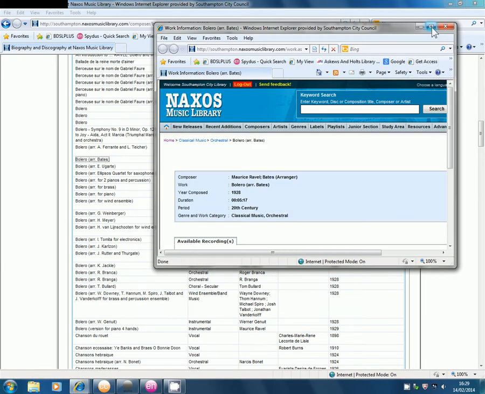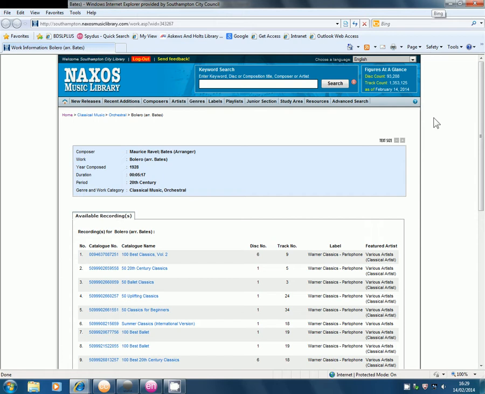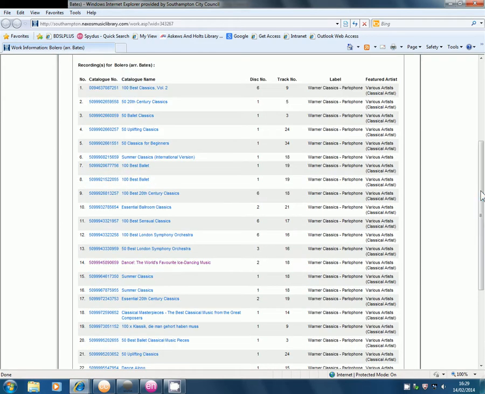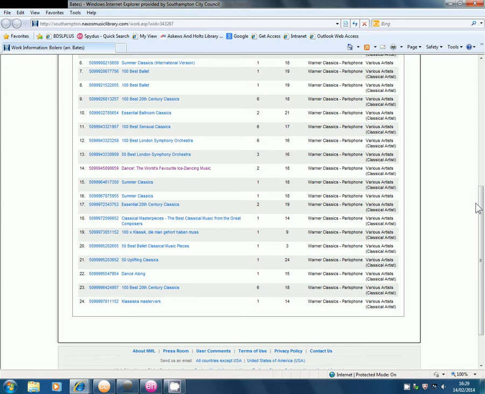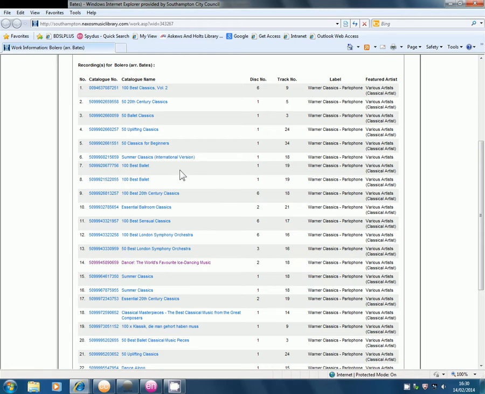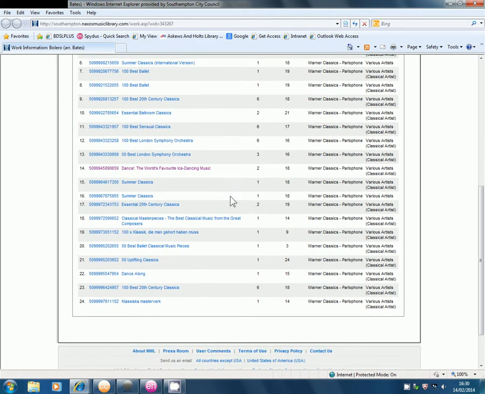And that opens up a new window. And there's more than one recording of Bolero. It's a very popular piece, and they're listed here. You can see the different labels of the pieces. These are all on the Warner Classics label,